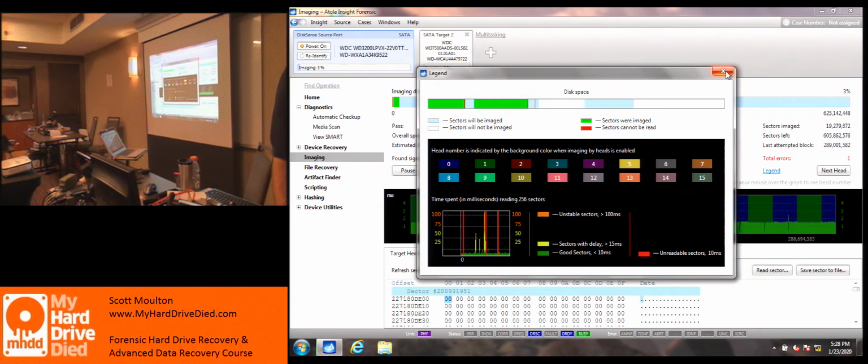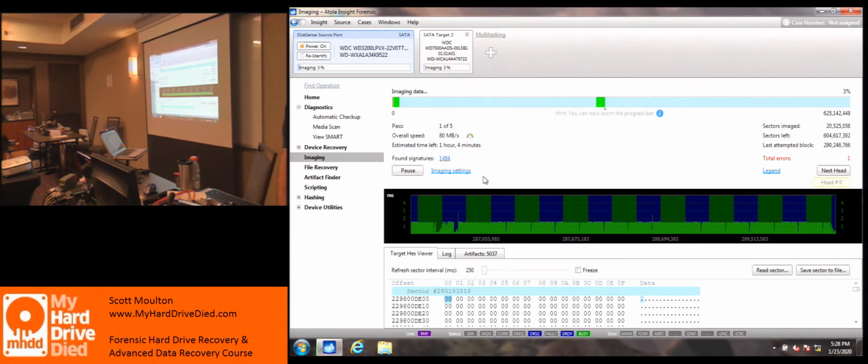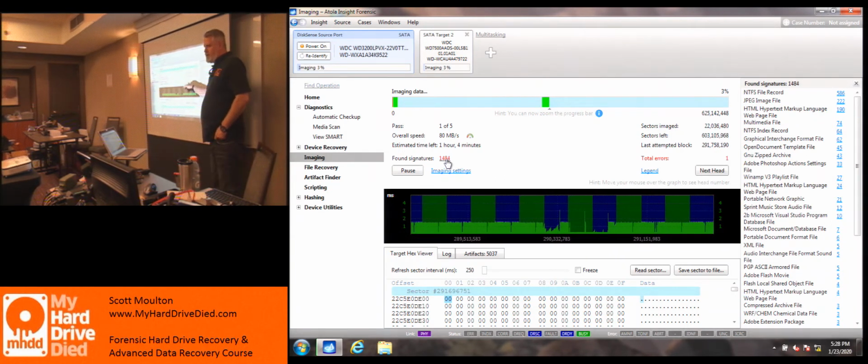No, that's the regular legend. There is a header location. Yeah, if you click on the found signature on the left. Where is it? Right above there? Right here. Oh, there it is. So it pops out the little window for, as it's carving, as it's imaging, it's looking